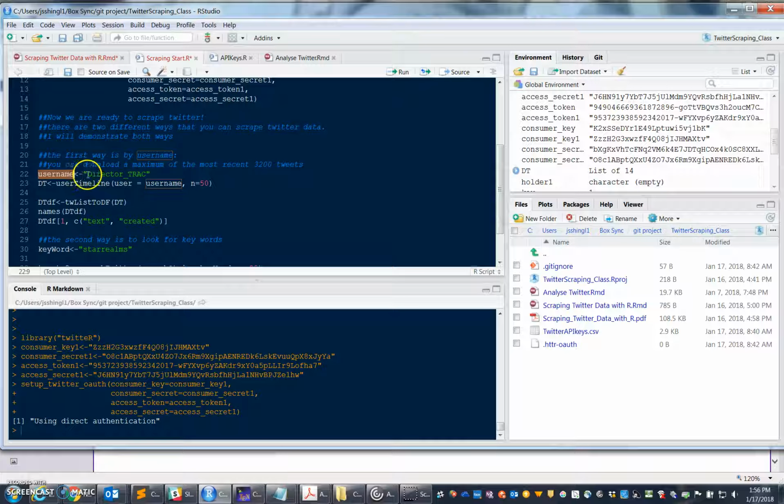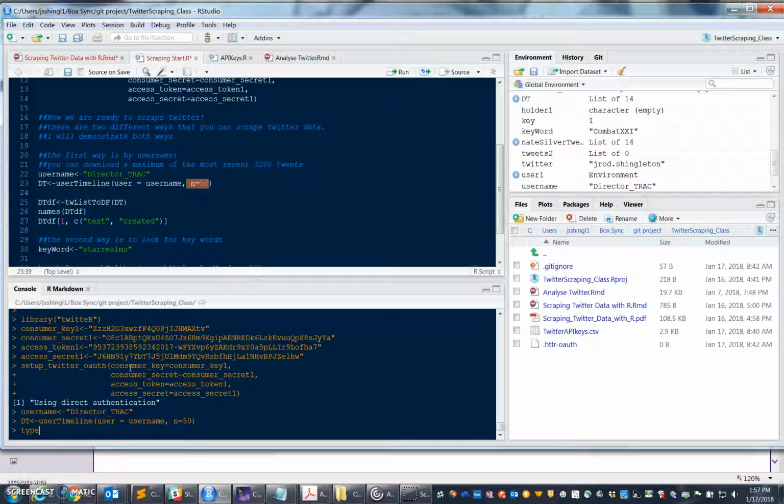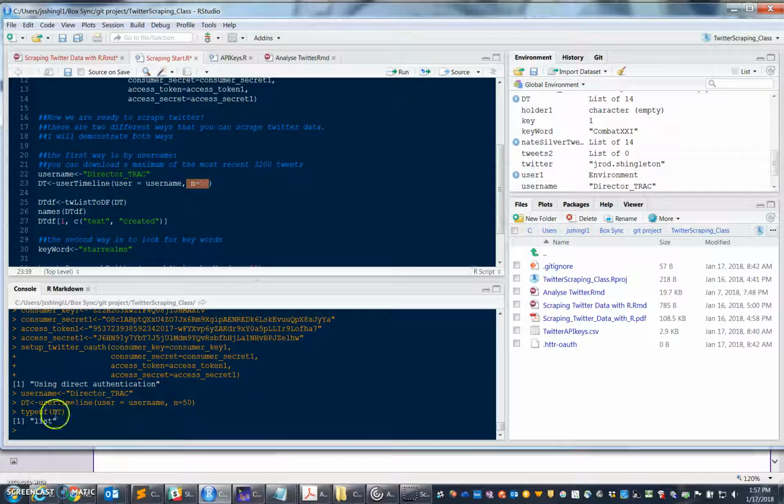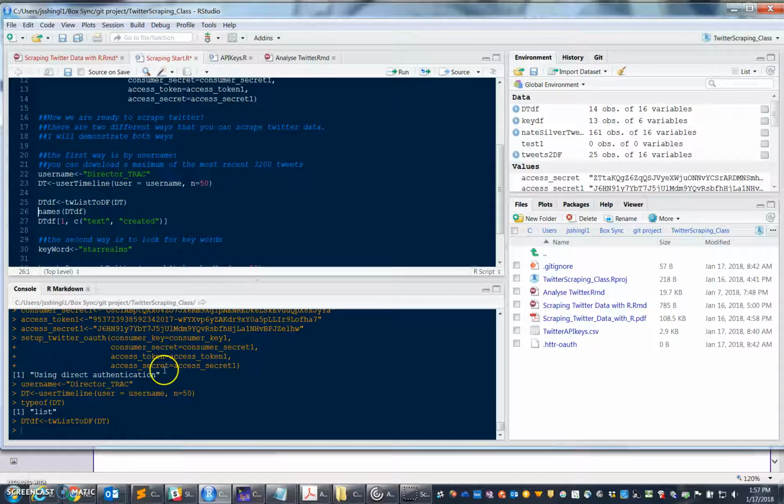Now, this actually downloads it as a complicated list that isn't very useful for our purposes. DT is a list, and you could take a look at that list, and there is some handy information in there. But for right now, we're actually going to change it with this handy command into a data frame,